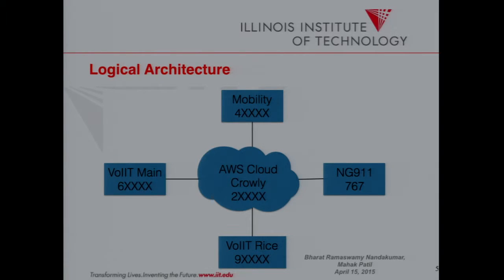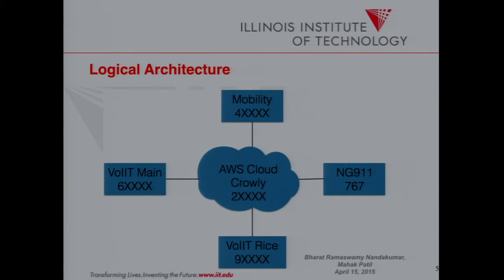So here is our logical architecture. Any of the squares you see are physical machines, and the really fun one is the one on the cloud. Now I've come to call him Crowley. So yeah,